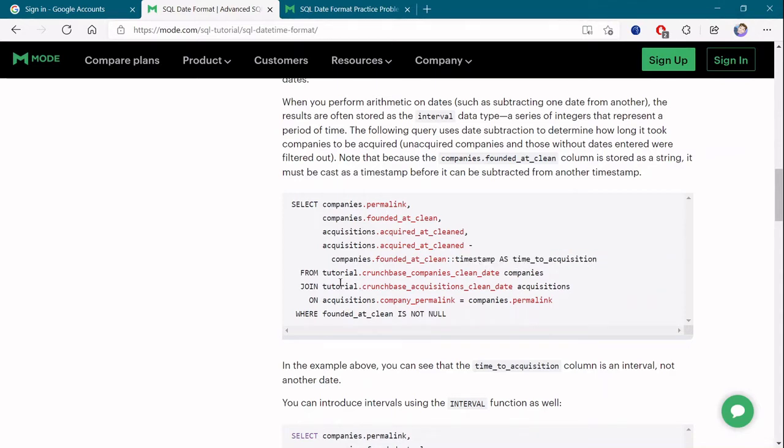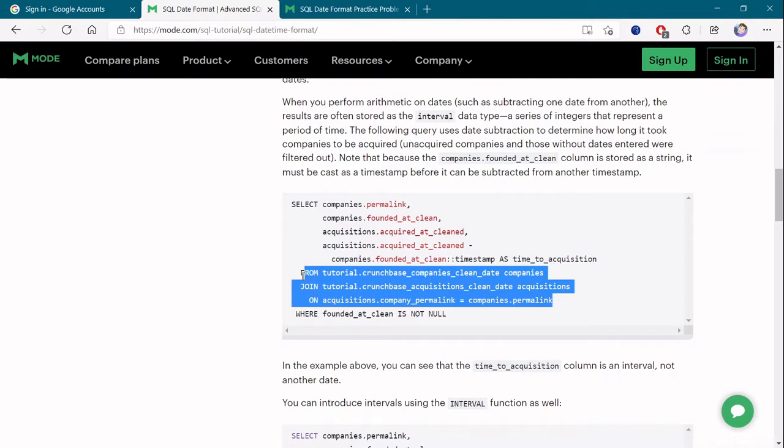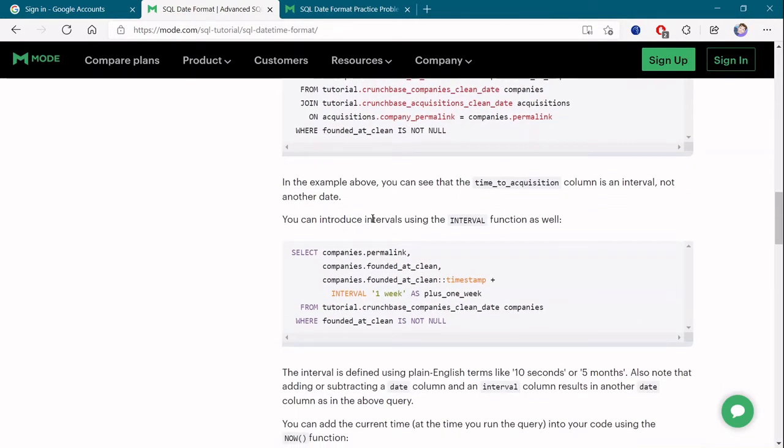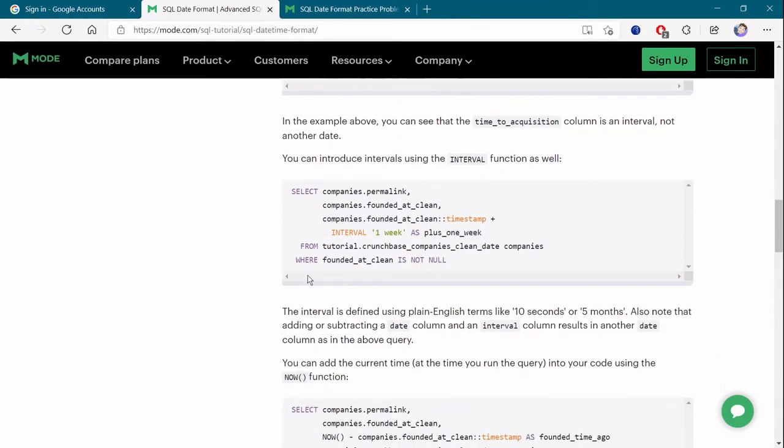And here, from this table, join this table on the key. This is just a simple join, hope you know how joins work, where founded_at_clean is not null, so you will get all the companies that have been acquired. Now we will be generating intervals, which is very much asked in interviews, like 1 week or 2 week intervals, such as sales in a week or how many things have been sold in a week.